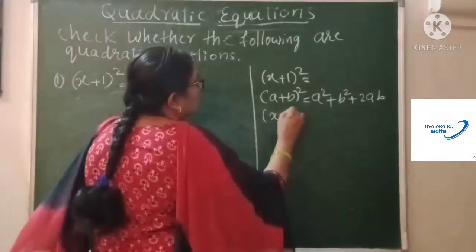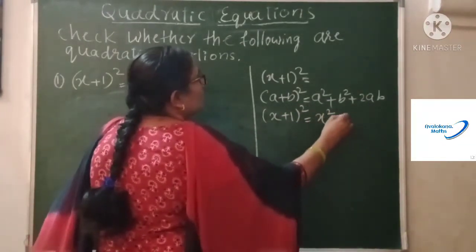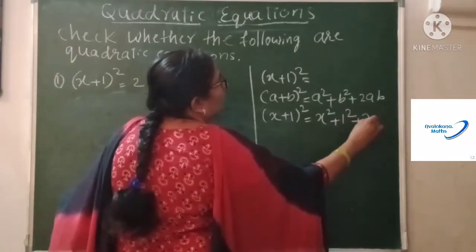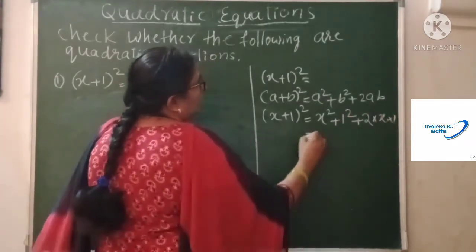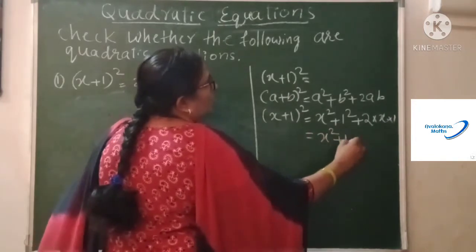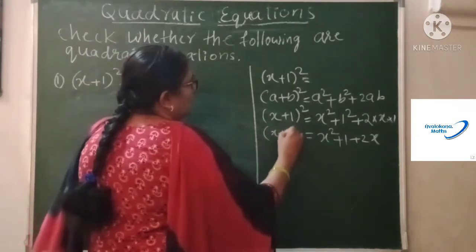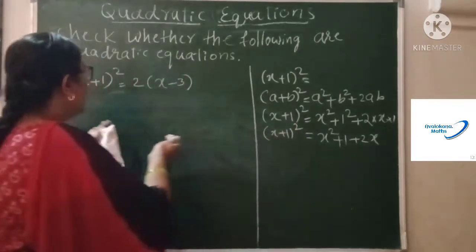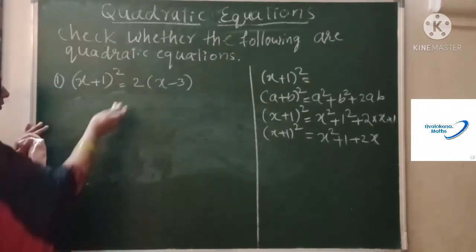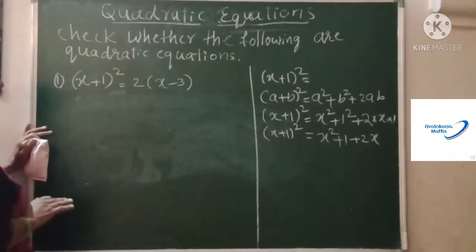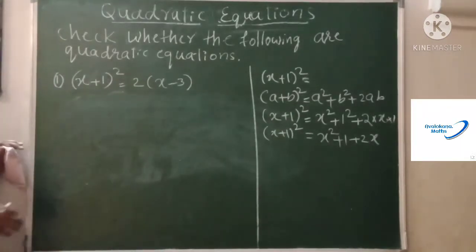So (x + 1) square, I explain here, I will not explain more: x square plus 1 square plus 2 into x into 1. Very simple. So what do you get here? x square plus 1 plus 2x. You can write the same thing here, so that you will not get confused with the remaining solution. If you solve below only, then you will forget this term and get confused, and people will have difficulty in understanding.